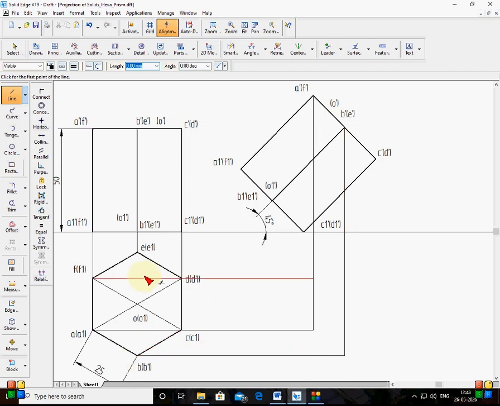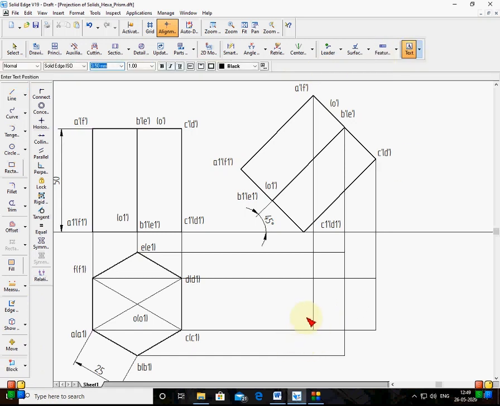So this is BB1. So it is EE1. Then this is CC1, D, 90 degree. Okay, this is DD1. Next, now this hexagon is seen. So I'll transfer this naming here and type this naming here.